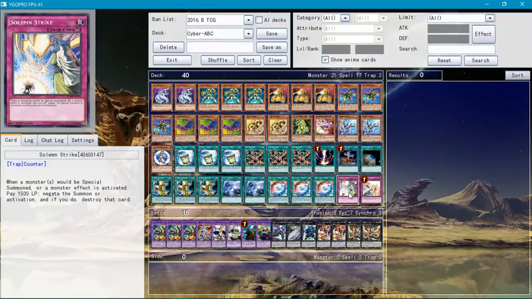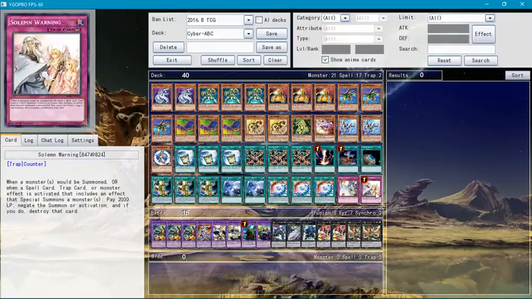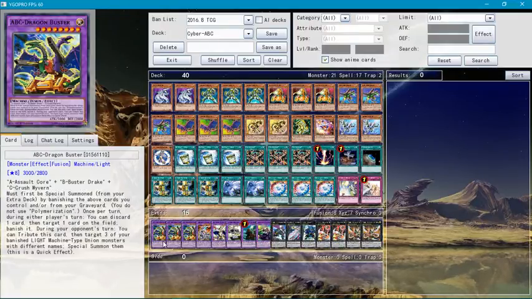And then the trap card, Solemn Strike and Warning. You know what it does. I didn't even explain it. I explained ABC Dragon Buster already. You don't need Polymerization. You can special summon them from either side of the field or graveyards. You banish them, and his special ability is you can discard one card from your hand and banish